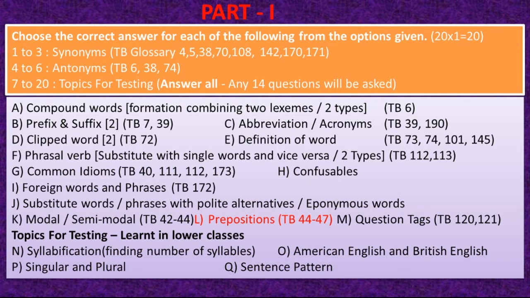And the next one is definition. What is definition? For example, patriotism. What is patriotism? Love of country or willingness to sacrifice for it. That is called patriotism. So the word patriotism will be given and you will be asked to write the correct meaning. That's called a definition. And next one is a phrasal verb. Under phrasal verb you have two types. One will be the meaning of the sentence will be underlined and you have to find out the correct phrasal verb. Sometimes the phrasal verb will be given and you will be asked the exact meaning for the phrasal verb. That's the way two types of questions can be asked. So you have to be ready.